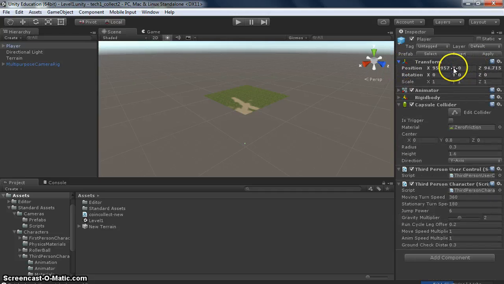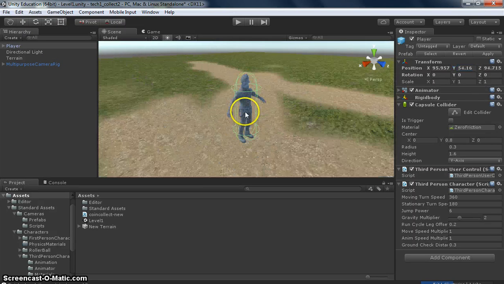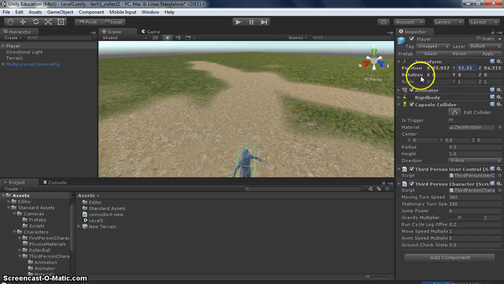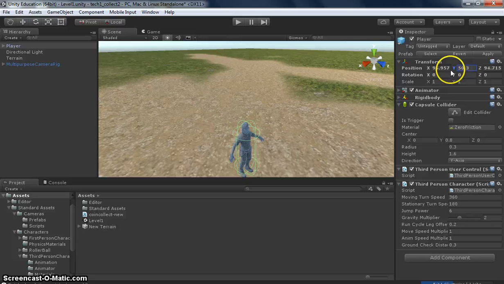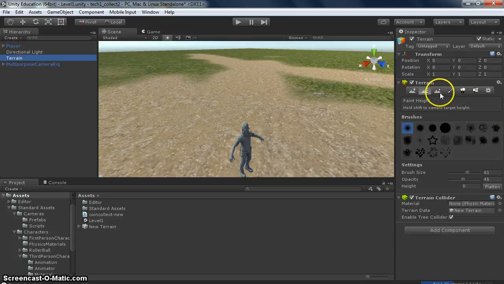So we can drag his Y value up. I'm going to focus in here so I can actually see him. And you can see when I have him at around 50, he is just right above the ground, which is what we want. Okay? So by flattening it, now on the terrain,